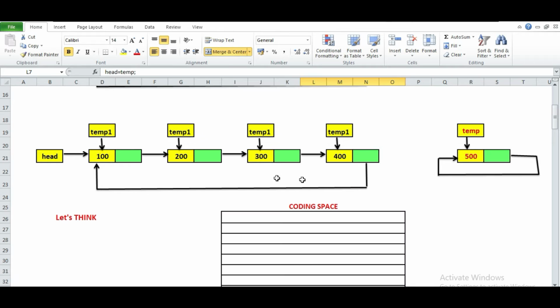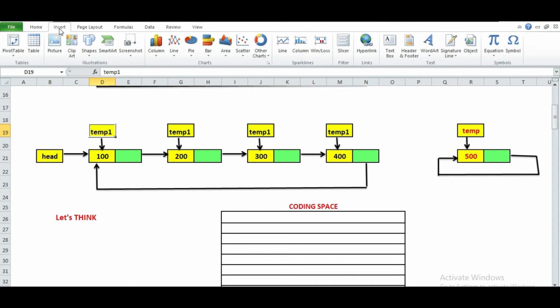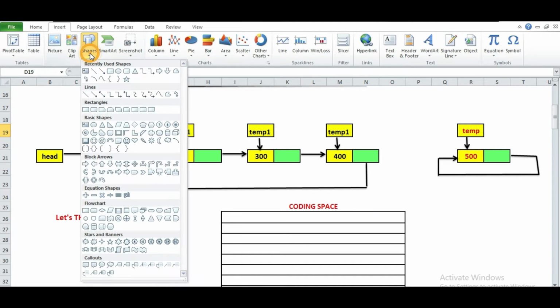So let us consider that we have a pointer called temp1, and we are moving temp1 to the last node. Once temp1 is at the last node, we do a couple of changes in the links, and you can get your node. So let us see what changes we can make.